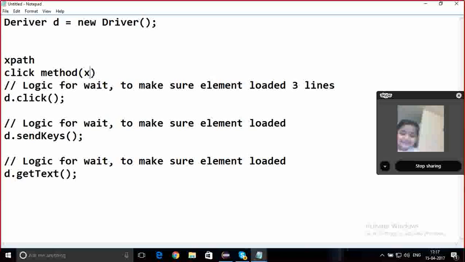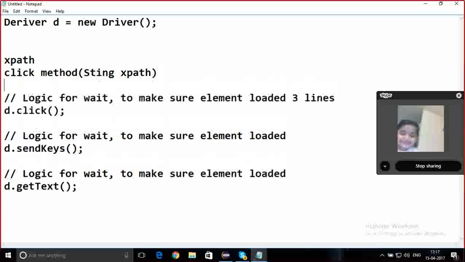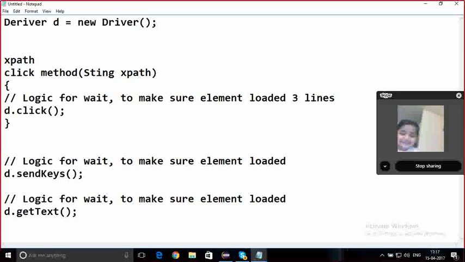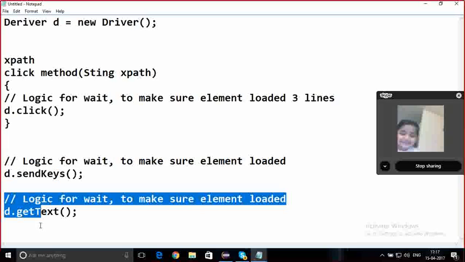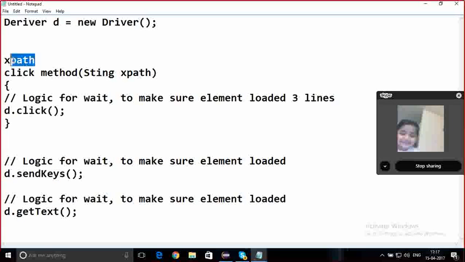And that method takes XPath as an argument. Based on that, it will go and click. Like this, I will write a method. Similarly, I will write methods for enter data, click method, and enter data, another method, read data. So all these methods I will keep inside a class